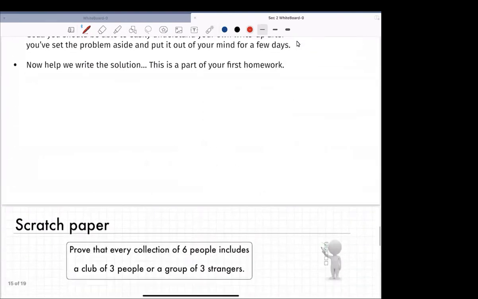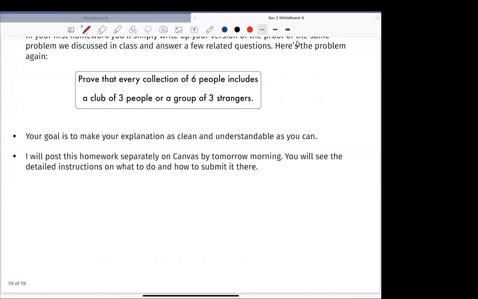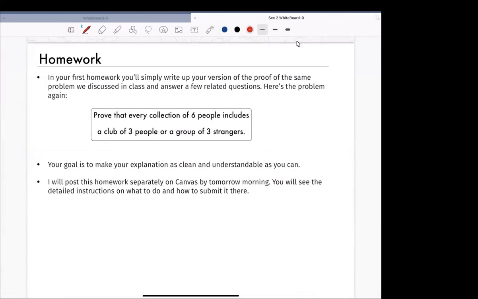Now we're a little bit over time, so you know what the assignment will be. It's not posted yet. Assignment number 1 is to be respectful to yourself. By this, I mean write up your solution neatly. Please don't wait until the last day. Write up the solution now and put it aside. In 2 days, you'll forget what you thought. Return to your own writing and see if it makes sense to you.